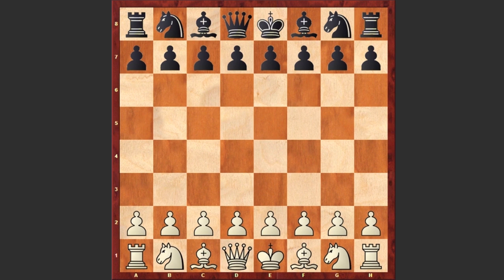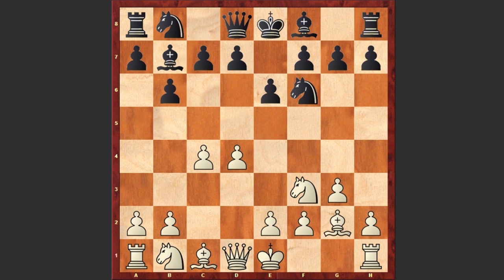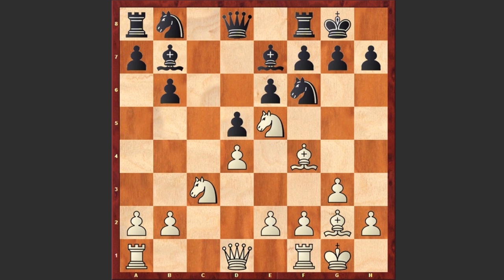Saemisch started with d4, knight f6 by Nimzowitsch, c4, e6, knight f3, b6. Nimzowitsch goes for Queen's Indian defense, g3, bishop b7, bishop g2, bishop e7, knight c3. We see castling by both sides, d5, knight e5, c6, c takes d5, c takes d5, bishop f4, a6, rook